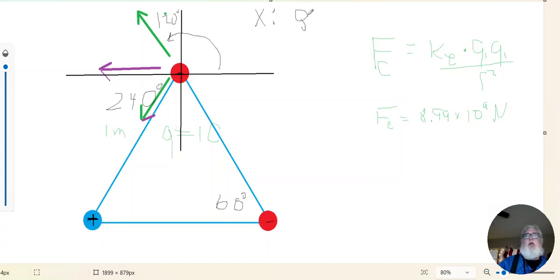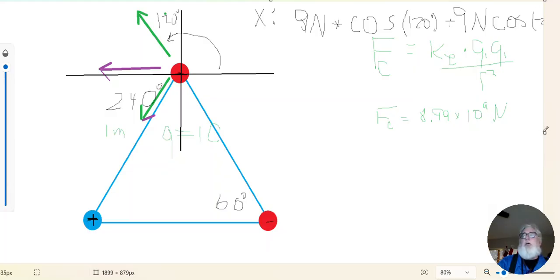I'm just going to call it 9 newtons times cosine of 120 degrees. Remember, we're adding up the magnitudes of the components in order to get the magnitude of the net component. So cosine of 240,